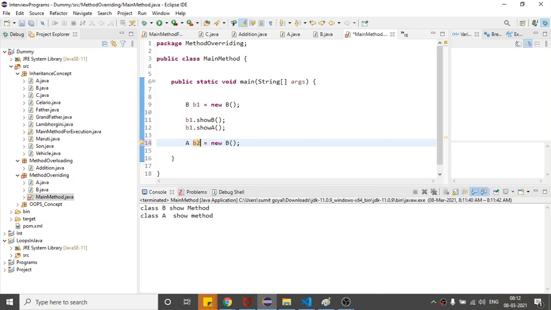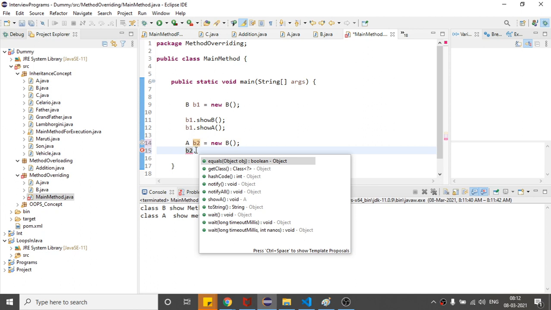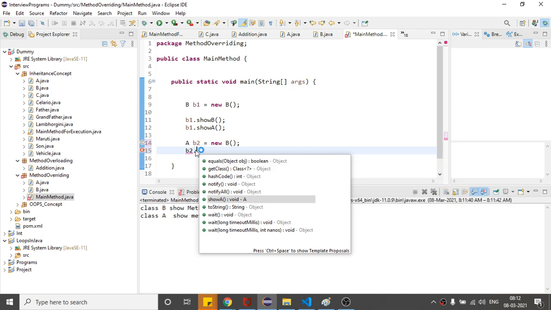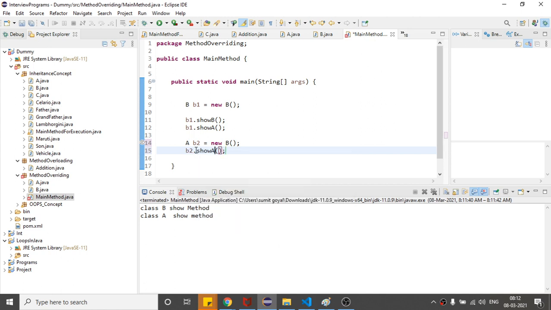So here what I am doing, I am creating the object of class B. So this is the object of class B, right? And for that object I am giving the reference variable which is of type class A, right? So if I try to say b2 dot show A, right, you can clearly see that the B method is not accessible to us.